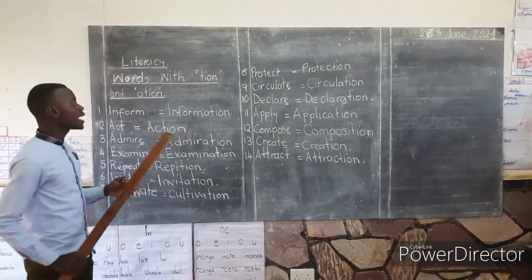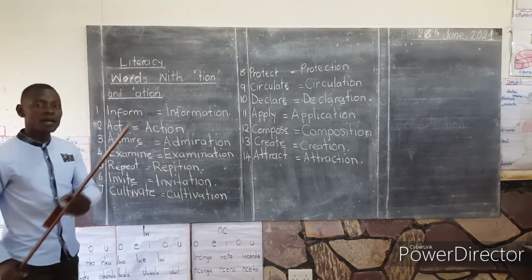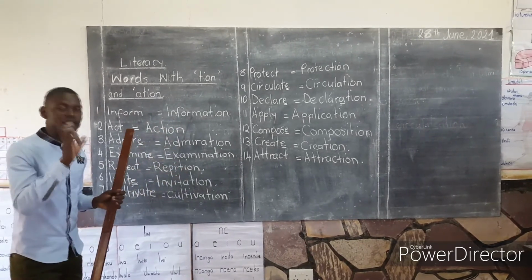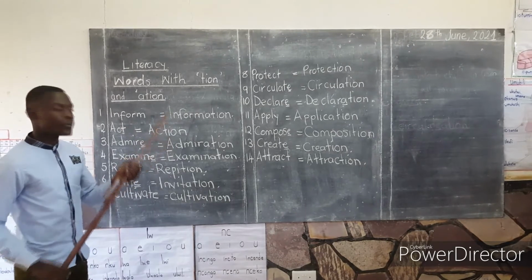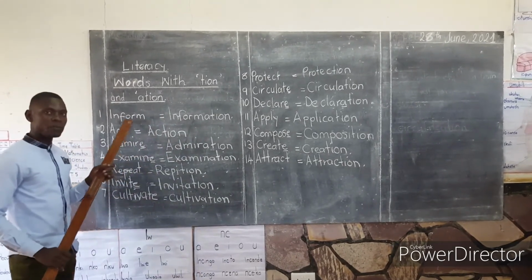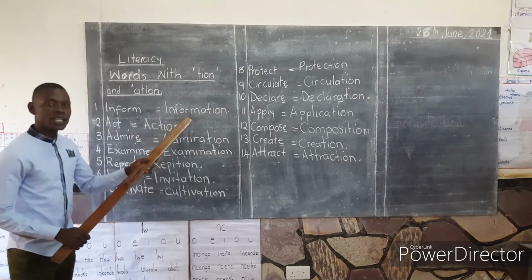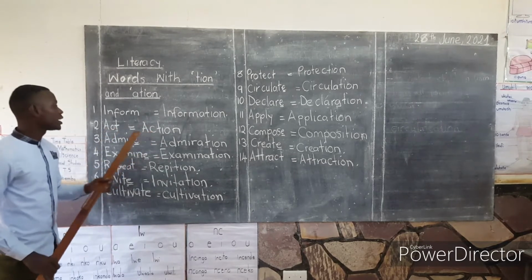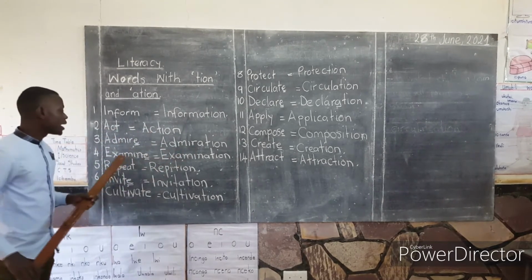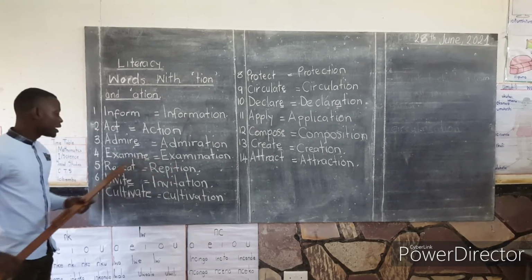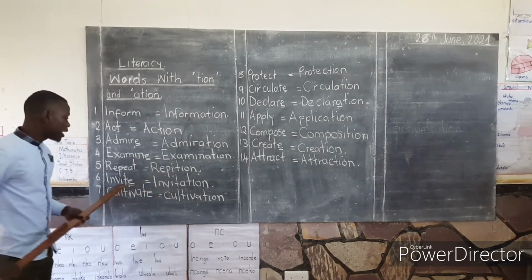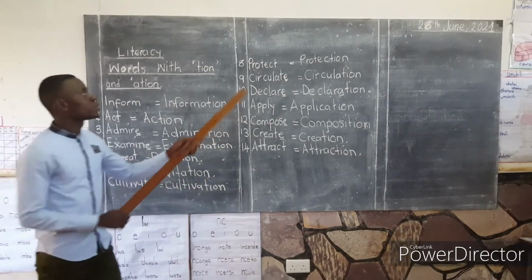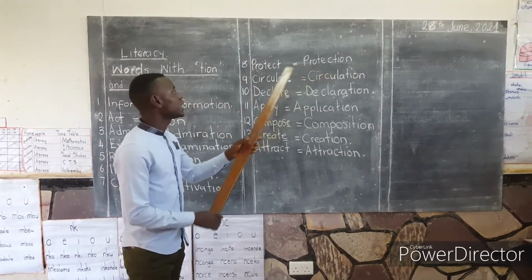So now at this point in time, I want us to go through them. Then thereafter, I'll rub and ask you to spell the words. So as we read these words, please master them and know how they are written. So the first one, this is a verb, inform, information. So the word information is a noun. We go to the second one: act, action; admire, admiration; examine, examination; repeat, repetition; invite, invitation; cultivate, cultivation; protect, protection;